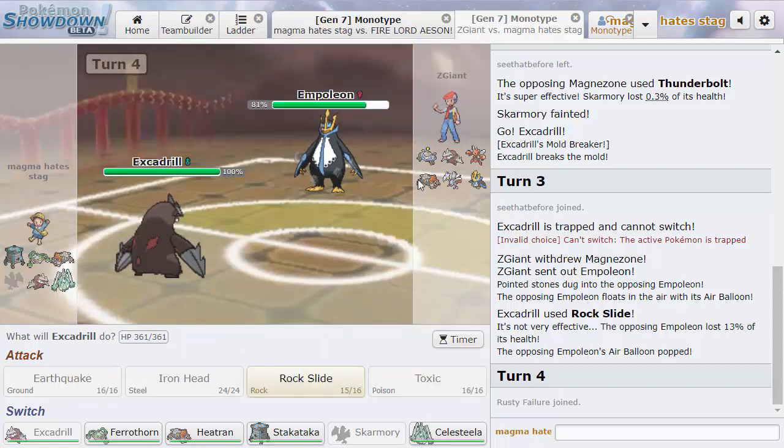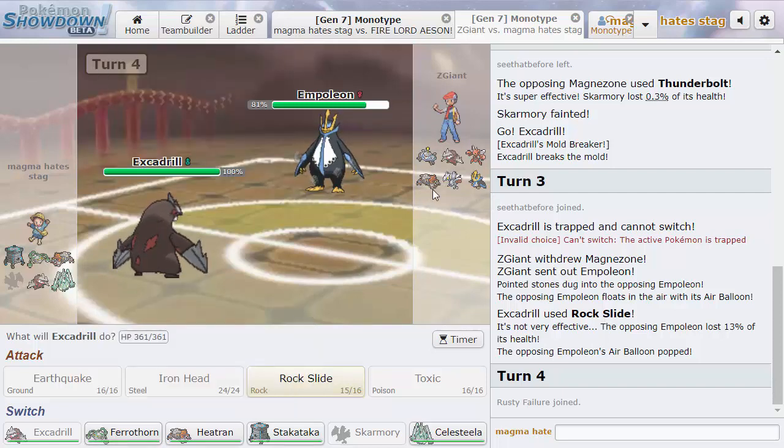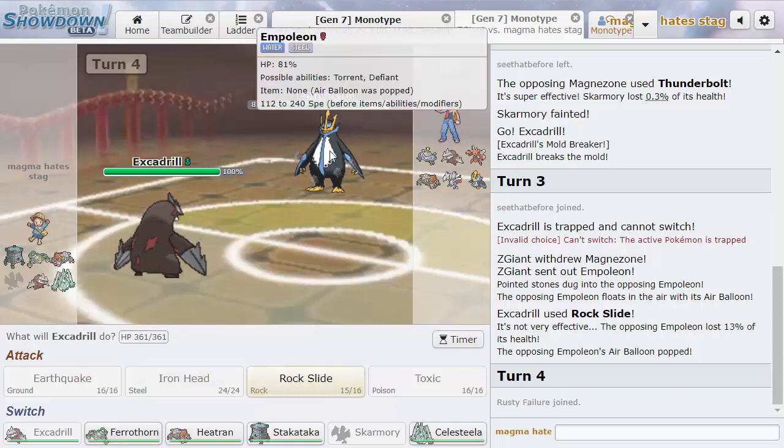I don't think we can win this. I might just forfeit it. Magnezone kind of pushes that matchup over the edge. Like, I could beat normal Balloon Tran, but